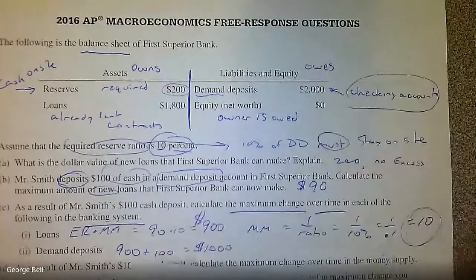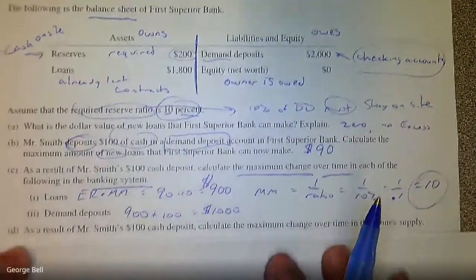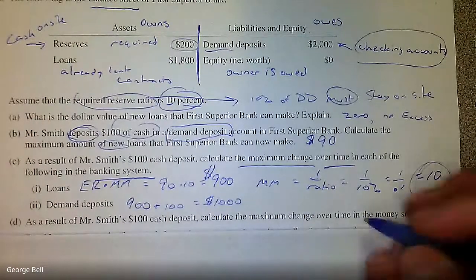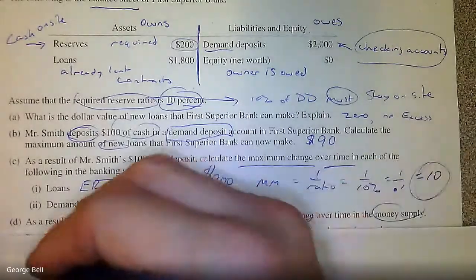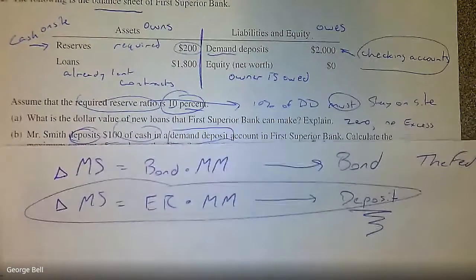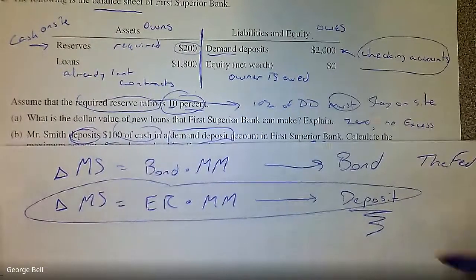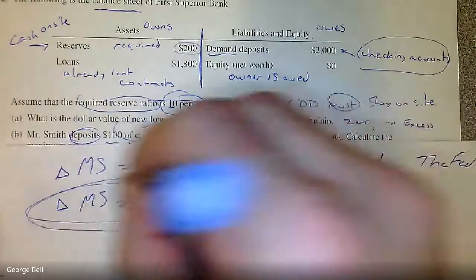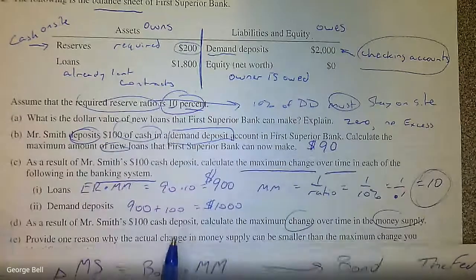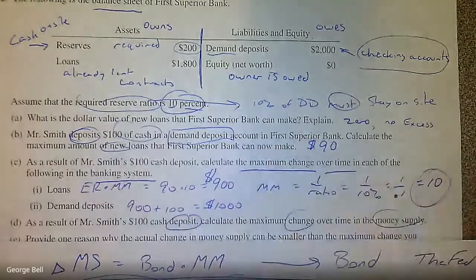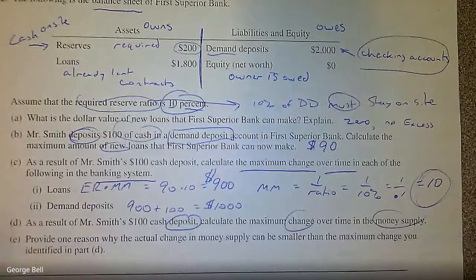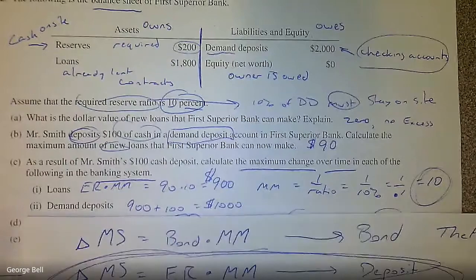Now, when we're looking at letter D, it says that as a result of Mr. Smith's $100 cash deposit, calculate the maximum change over time in the money supply again. So change in the money supply again. So this is change in money supply equals, and here we're using either one of these two formulas again. And in this case, we said it's got to be this formula because this is a deposit question. We know this is a deposit question because Mr. Smith deposited. And in this question, it actually says as a result of the deposit, calculate the maximum change in the money supply. So the change in the money supply for letter D is going to equal